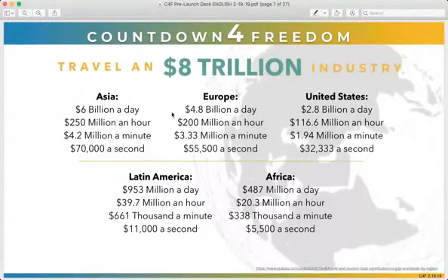See, there's a dirty little secret in the travel industry that the big boys don't want you to know about. Because if you knew, it would break their, it would just,